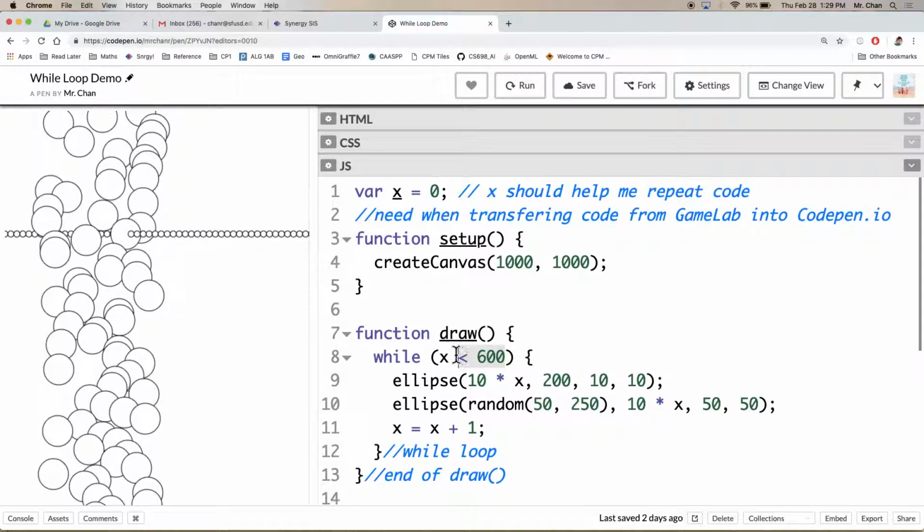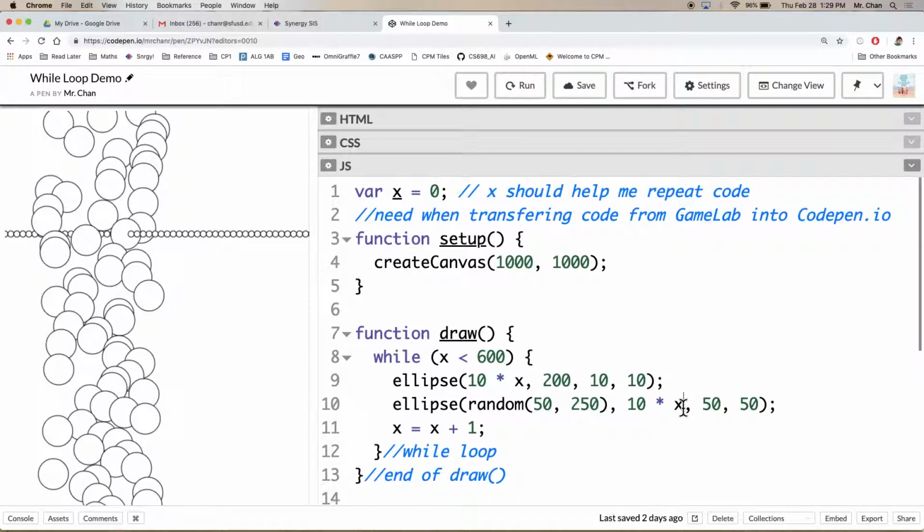And notice down here, I have a stopping point: x is less than 600. And then over here, x grows by 1. Those are the three pieces of this while loop based on x, that helps me repeat these circles 600 times. And it's this line 9 and line 10, where I change the x and y positions based